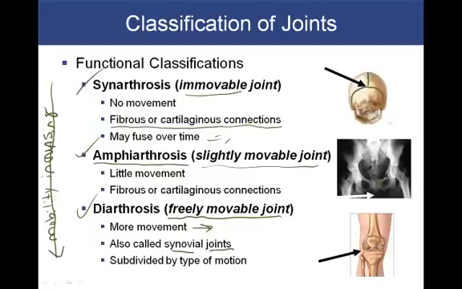So as that mobility increases, we find that the joint strength is decreasing along that same line. So we have strength increasing as we move from the diarthrotic joints to the amphiarthrotic to the synarthrotic. So just keep that in mind. You probably can't read the writing there, but it all refers back to that statement I made a couple slides ago.